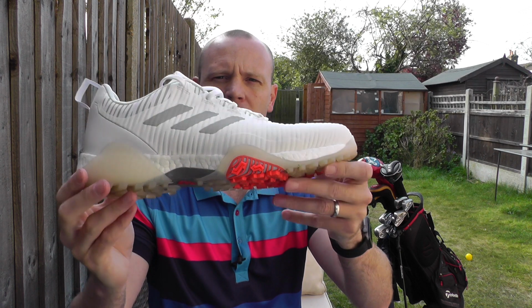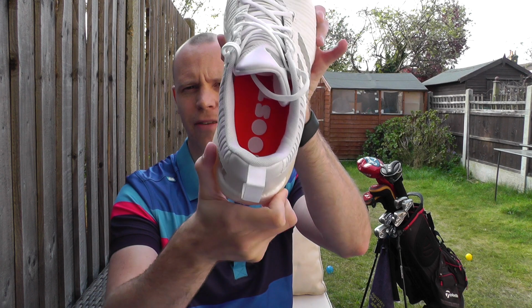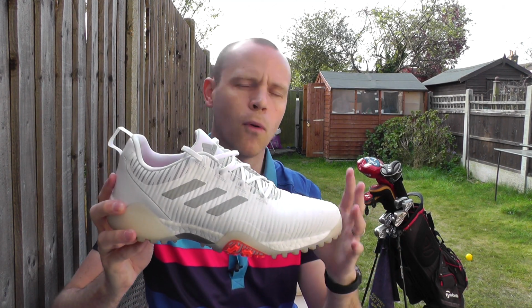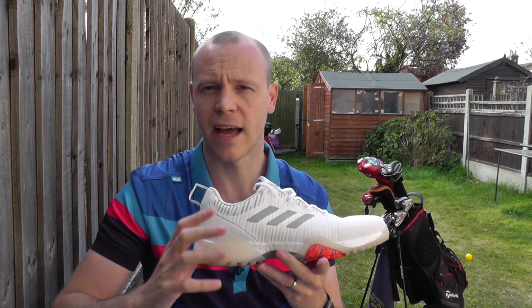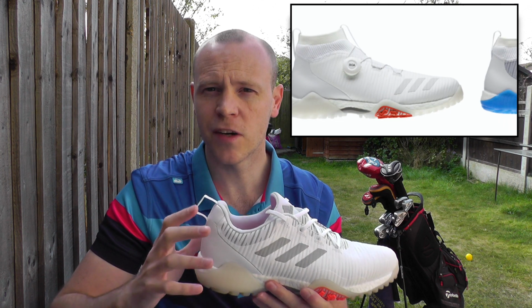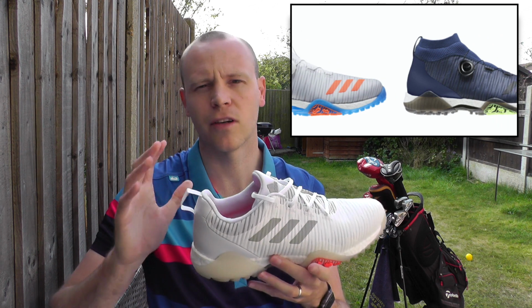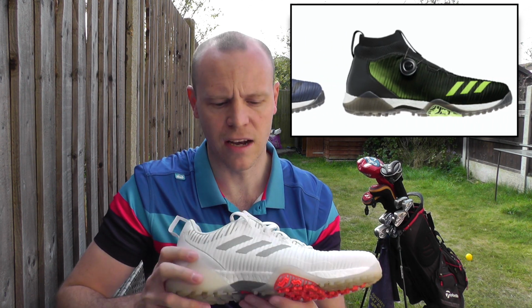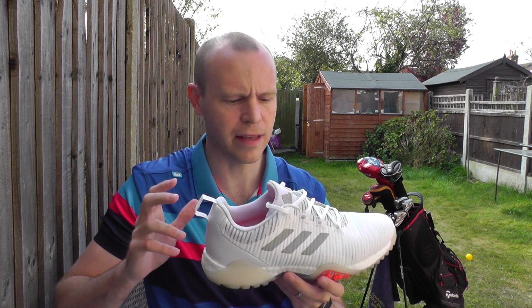You've got a little bit of neon in this one here on the grip part that comes up on the side, and you've got neon on the inside, but no one really sees that. But in this version, I think this actually looks a little bit more normal and subdued, but in other versions, they really do stand out quite a lot. You've also got the boa version as well, which is a high top version of the Codechaos that I haven't got at the moment, I'm afraid, so I can't give a full review. But again, that really does stand out a lot and it doesn't look like anything out there available at the moment on the market. So Adidas have really, really tried hard, and I think for the majority of the range,